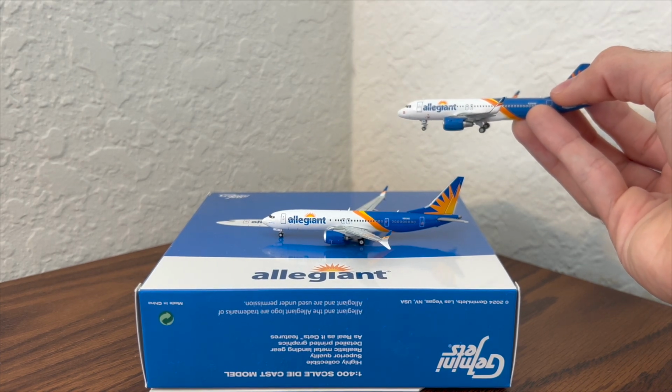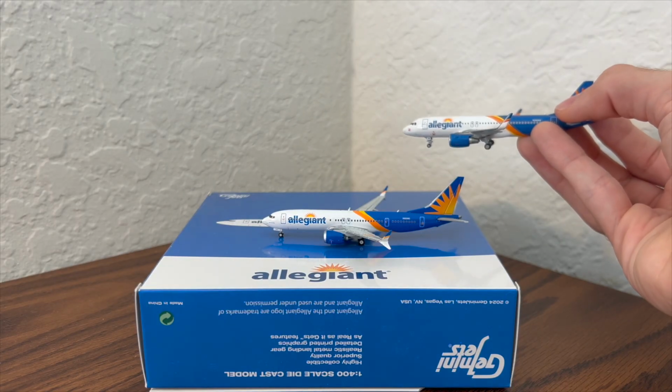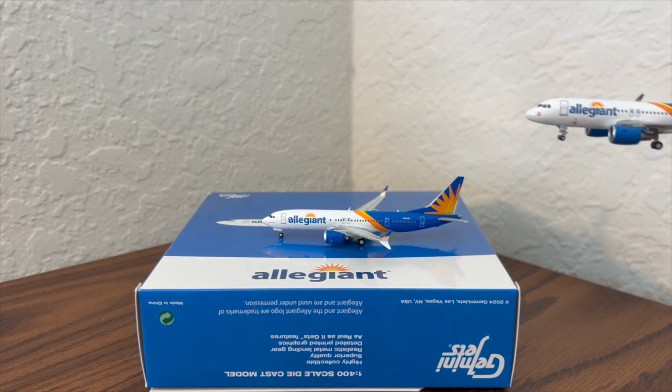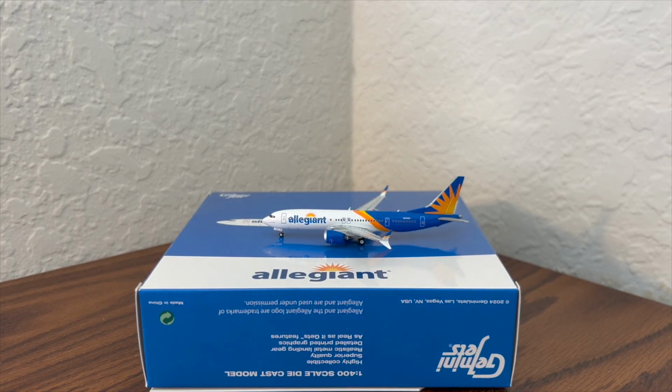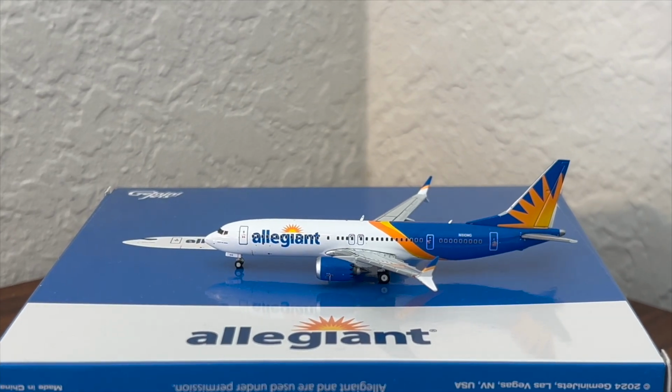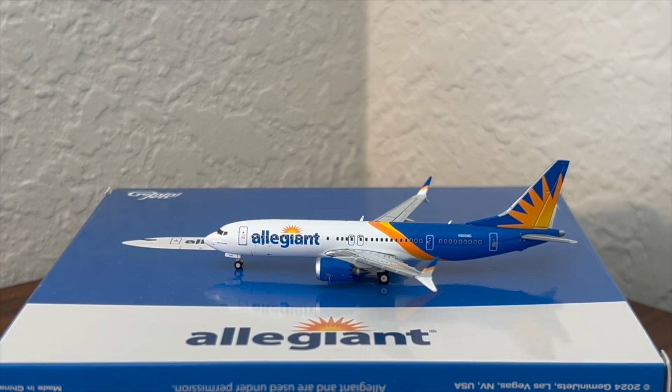So I hope it really works out for them, and of course, like I've said before, I really want to try their 737 MAX one day, because overall, honestly, Allegiant 737 MAX is just a very interesting combination. Me and some of my friends have just thought it was kind of funny, or just seems kind of cursed that Allegiant operates 737 MAXs now, but I've seen some product reviews of them. I know they do offer in-seat power right now, which is very, very good for low-cost airlines, so I hope this aircraft offers a better product for them, that they can compete better as an alternative to major airports and